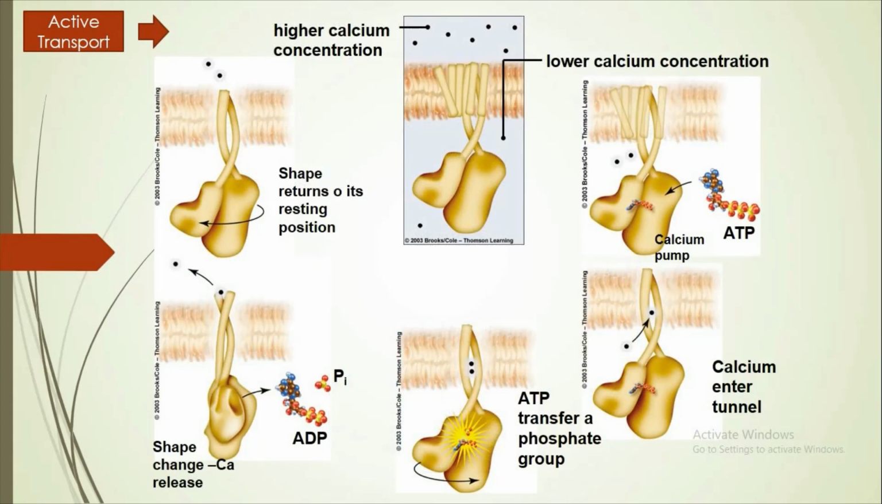First, we have the calcium pump. For the calcium pump, the protein will attempt to transport calcium from low concentration to high calcium concentration. In other words, it is against the concentration gradient. So first, the ATP will attach itself to the calcium pump. This will cause the ATP to transfer a phosphate group to the calcium pump protein. Then this will allow the calcium to be shut